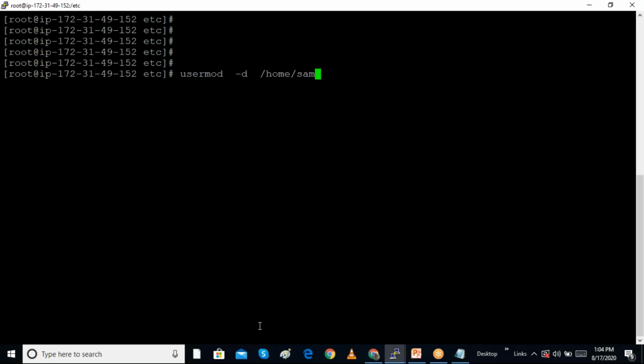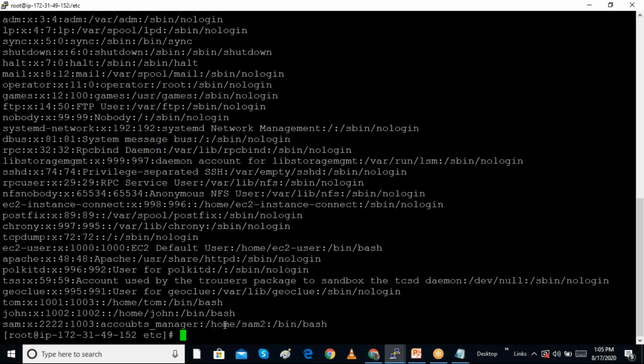The default is /home/Sam, and I give the username also. Like this the user's home directory we can change. When we check cat /etc/passwd, we can see that the home directory is changed here.